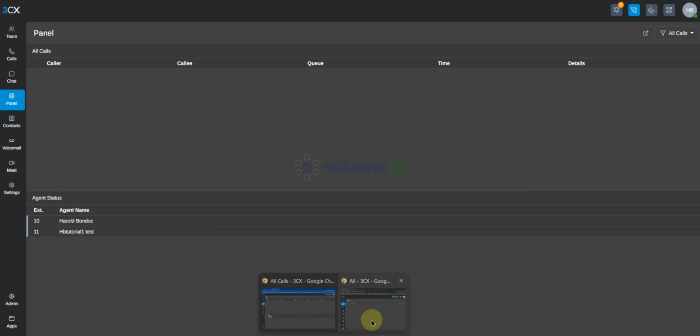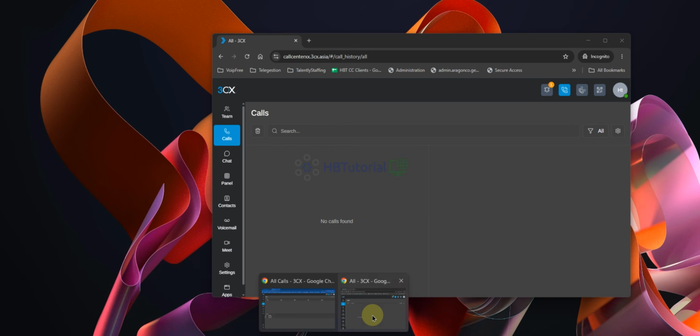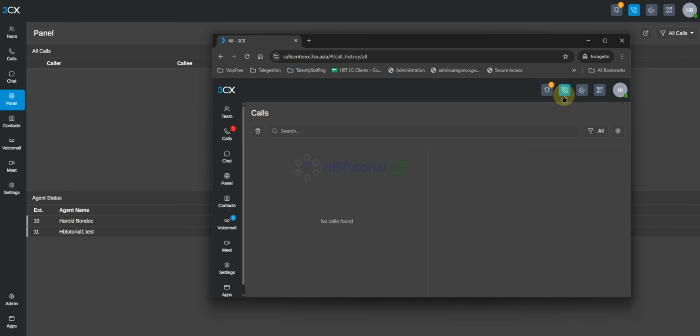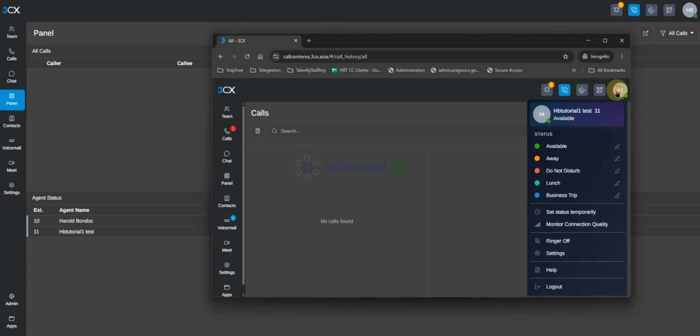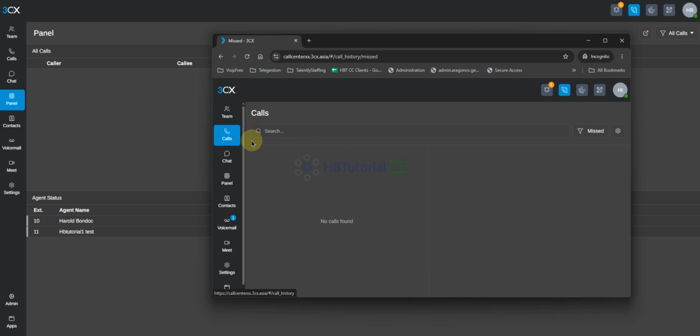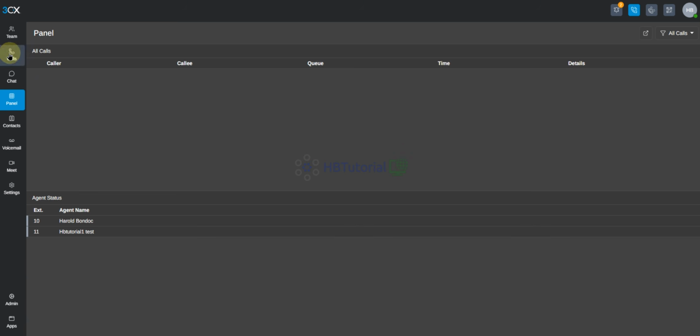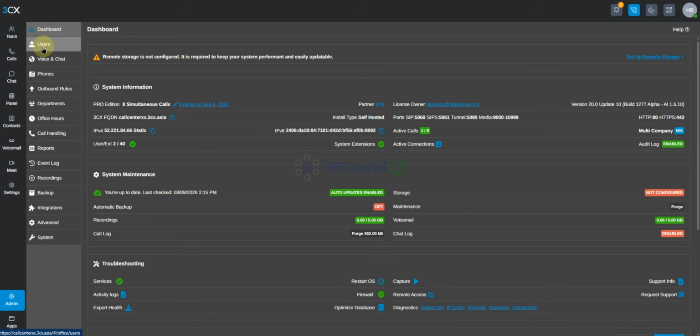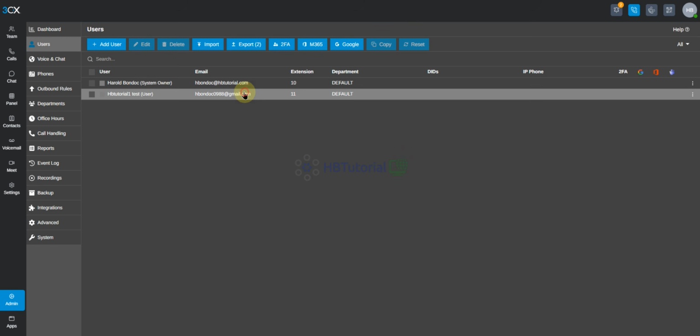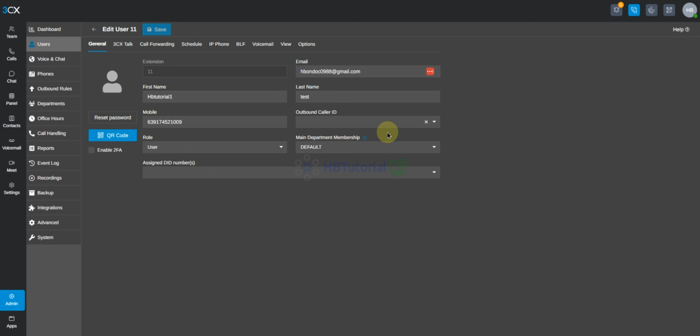Let's see why our agent is not receiving it. First, it says here we are available, but the call is not coming. So we need to check our agent, user, and our agent.